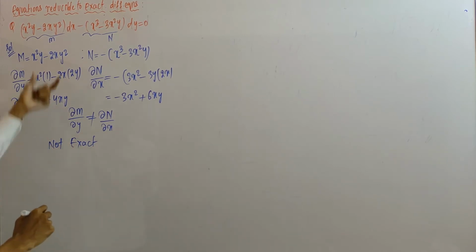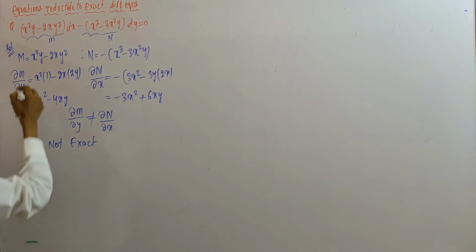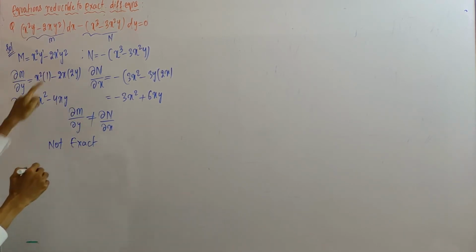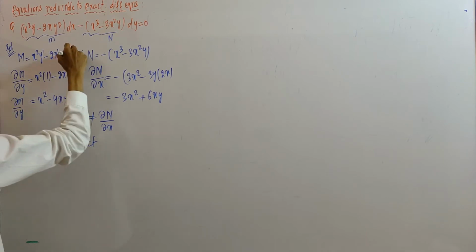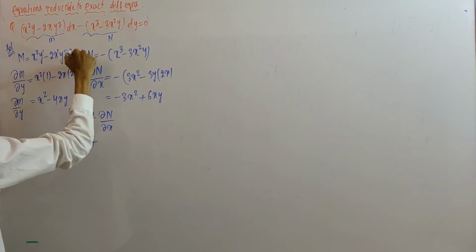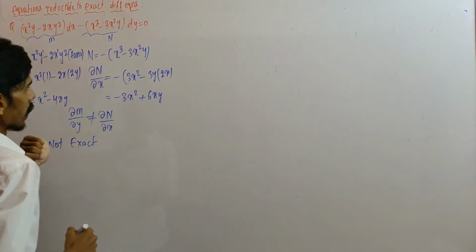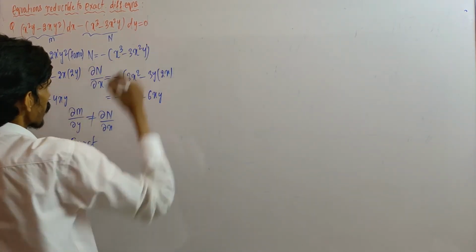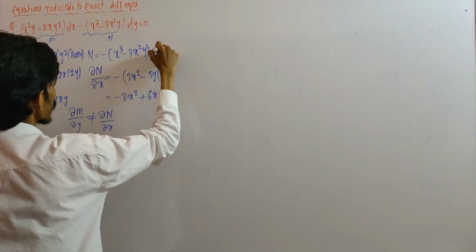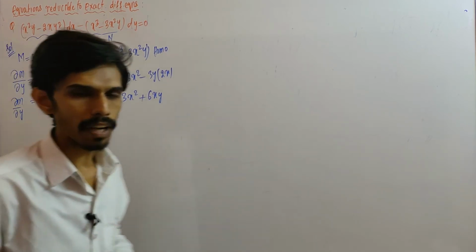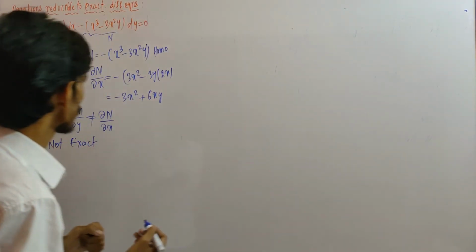We want to make this equation exact. So here we have x to the power of 2, y to the power of 1, degree is 3. Here we have x to the power of 1, y to the power of 2, degree is 3. So this is a homogeneous equation of degree 3. Similarly, here we have degree 3, x power 2, y power 1, that is degree 3. So both M and N are homogeneous functions of the same degree, that is 3.